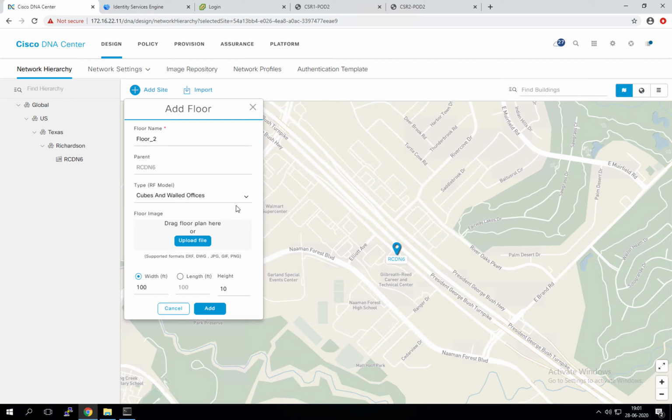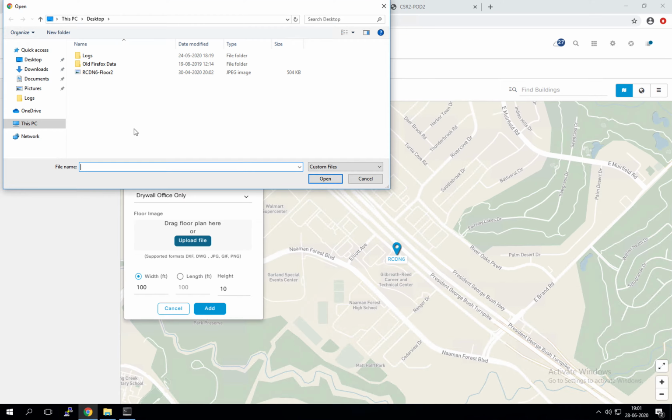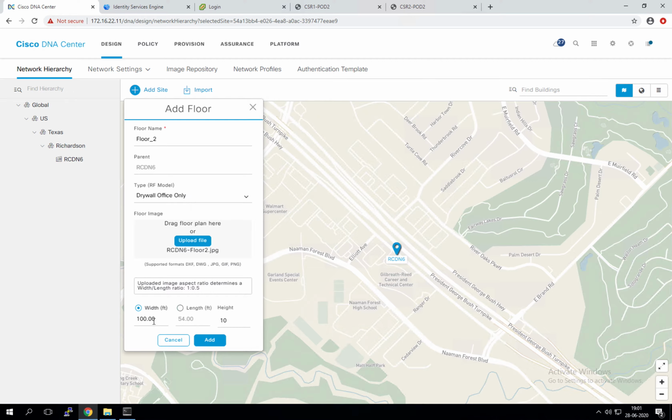So you have the provision even to import your floor plan. So let's say maybe these are different types of offices. I'm just going to say it's a drywall office only, and I can now upload something. So I'm going to go to my desktop and I have some kind of a floor plan here. So I'm just going to upload that, and I can also mention obviously this to be something like